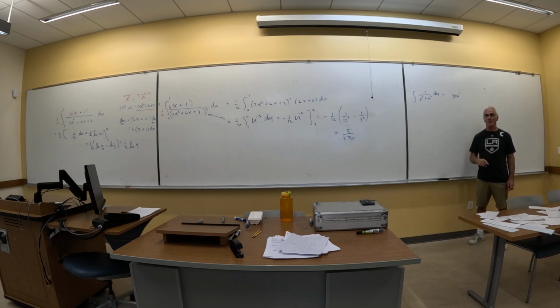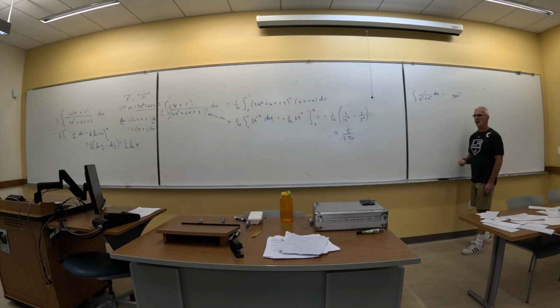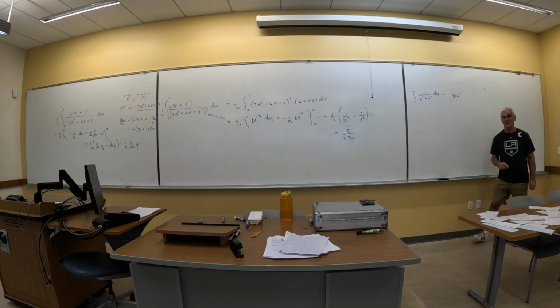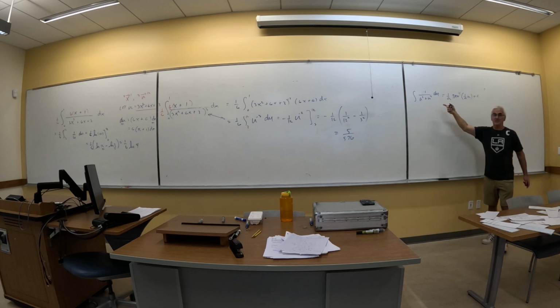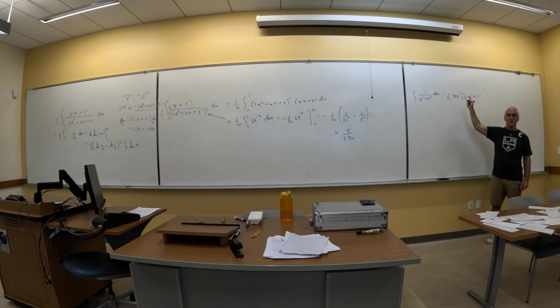Assume a is not 1. It could be 1, but it's probably not. Where does the a show up? How many times does the a show up? Two. Where? In front, reverse, and in the du here. Now, I'm going to leave it right there because I don't know what my original substitution was, but there's the